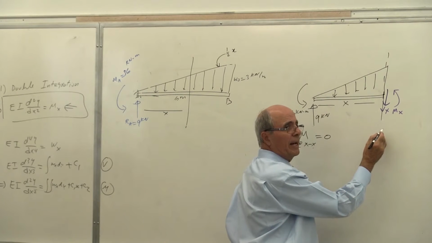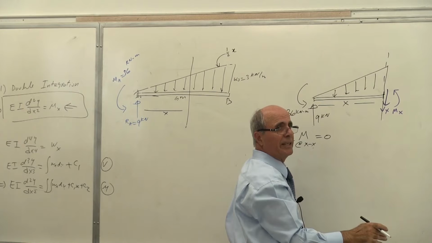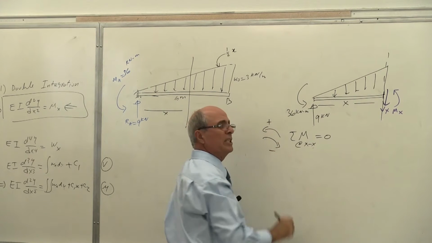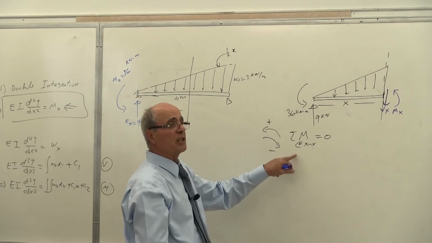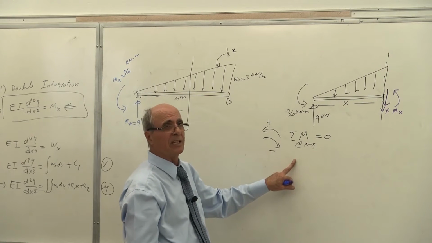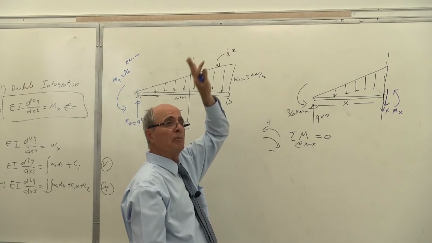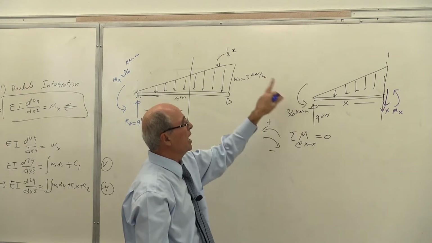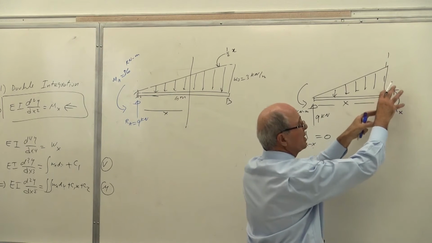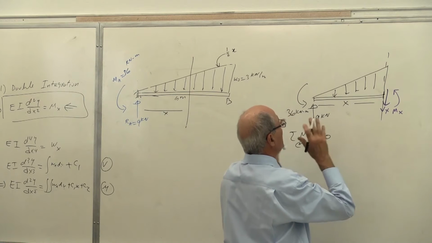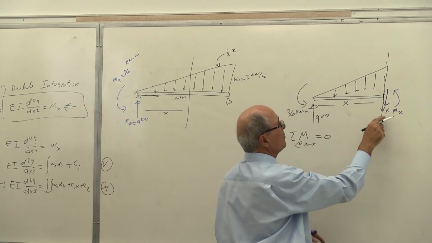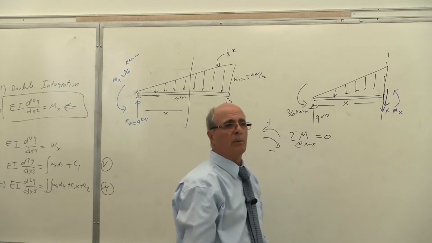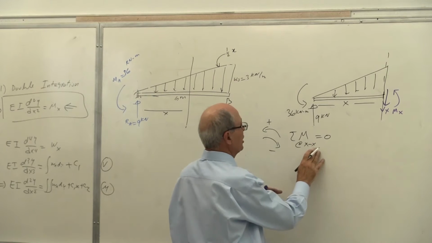9 times x. Going that way, it is negative. Yes, this is statics, guys. In statics, everything here is positive and everything here is negative. When you write sigma Fy, sigma M, you are using statics. When you are drawing shear and moment diagrams, you are using the deformation idea. Everybody understand that? That's the difference between the two. This was written based on your shear and moment diagram, but when you look at it, this force is positive, this force is negative, this moment is positive, that moment is positive, etc. Anyhow, those are the things I'm sure you already know.